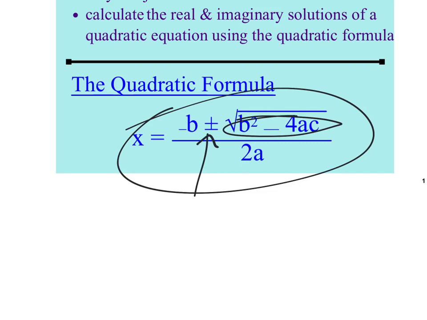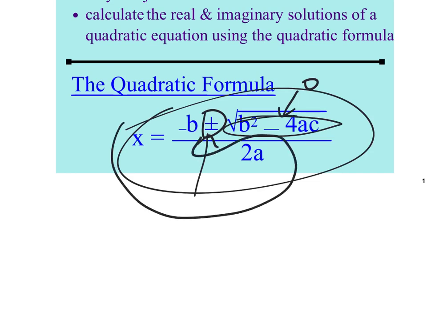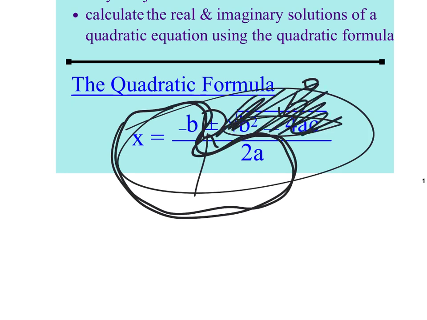One. Because if this whole thing is zero, think about it. You're adding zero and subtracting zero. That's the same thing. So you're only going to have one answer, and it will be the other part of the quadratic formula. Because the zero will cancel this all out, it'll just be that negative b over 2a thing left, which is